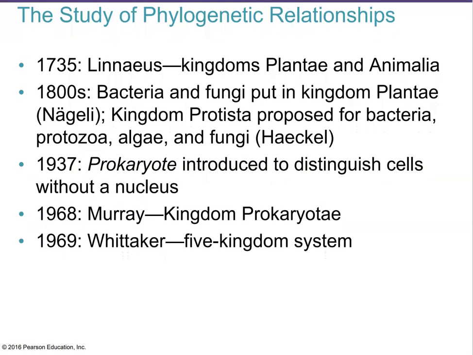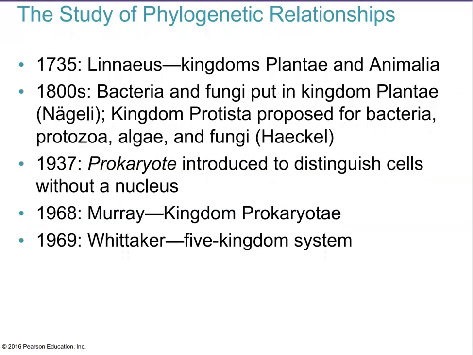So Linnaeus was the guy that started sort of this universal naming system, and he figured there's only two forms of life. They're either plants or animals, and that was in the old days. And then people figured out that there are other forms of life too, such as bacteria, prokaryotes, and fungi. But fungi, they cannot be in the kingdom of the plants because they really don't belong there. And bacteria, they're prokaryotes.